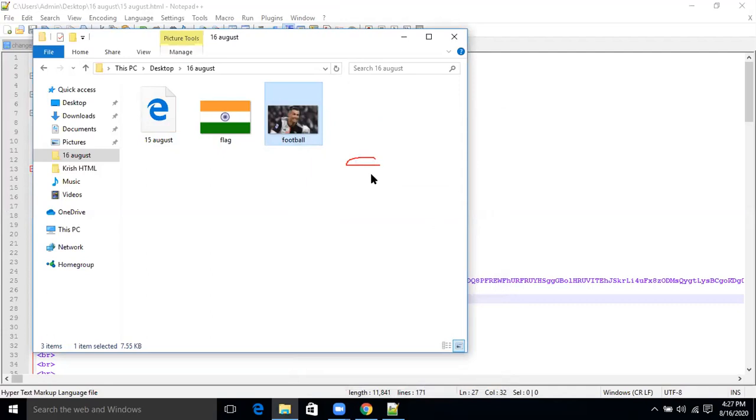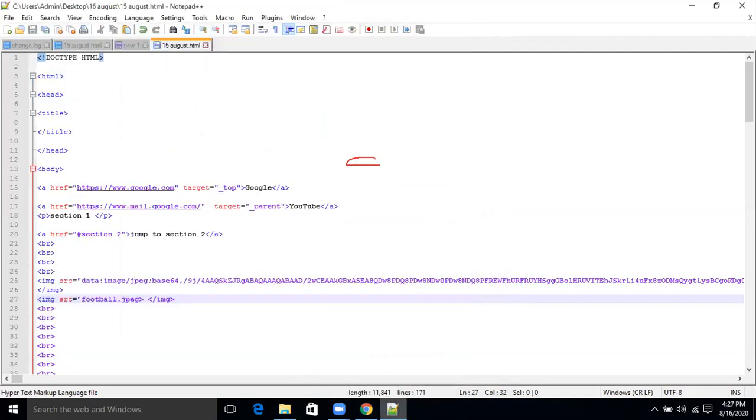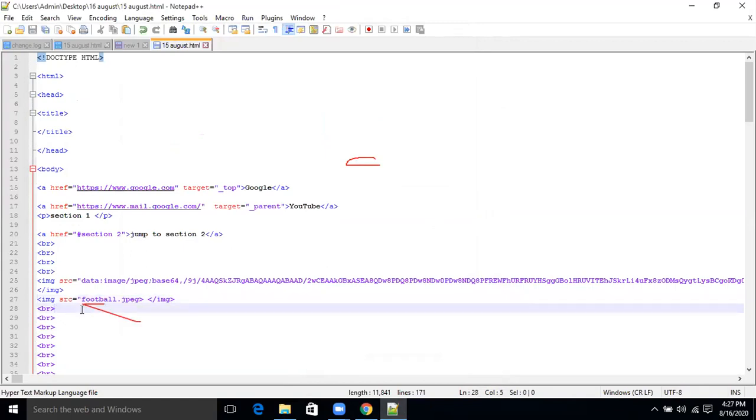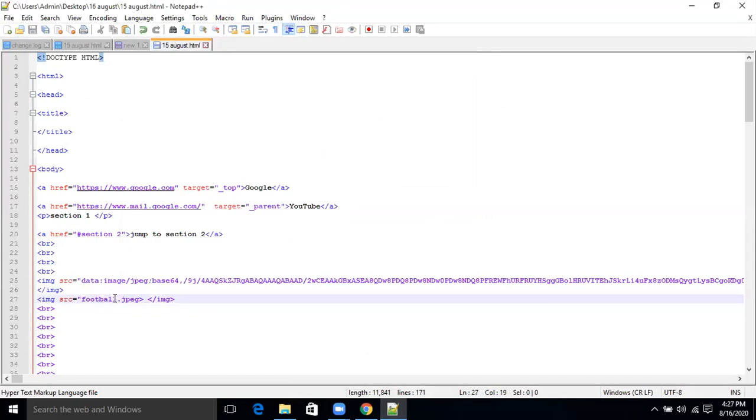Then go to your code. Just paste it over here again, replacing it. I know it is all correct, but just paste it. Football, and over here, make it JPG instead of JPEG. And now save it.